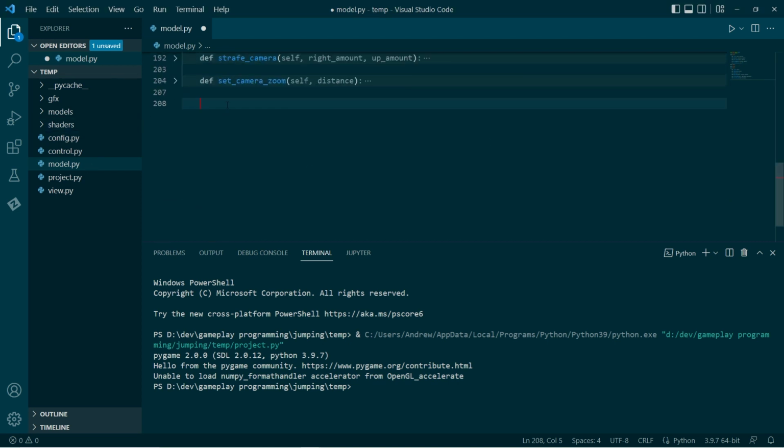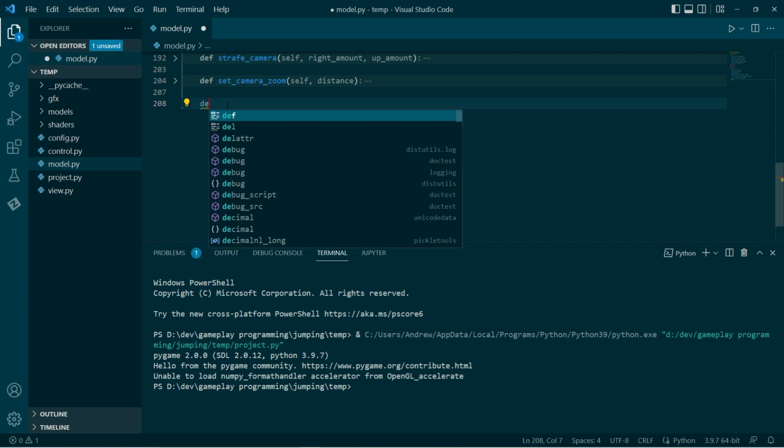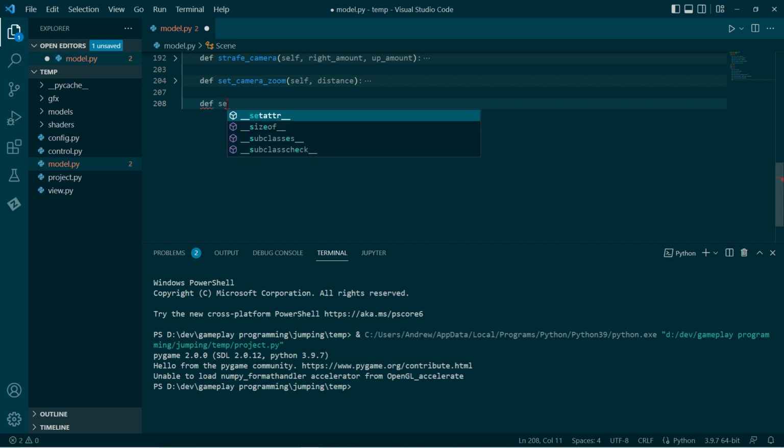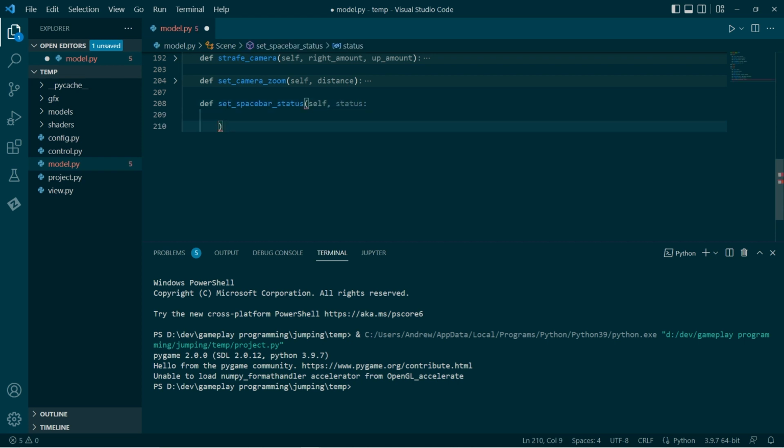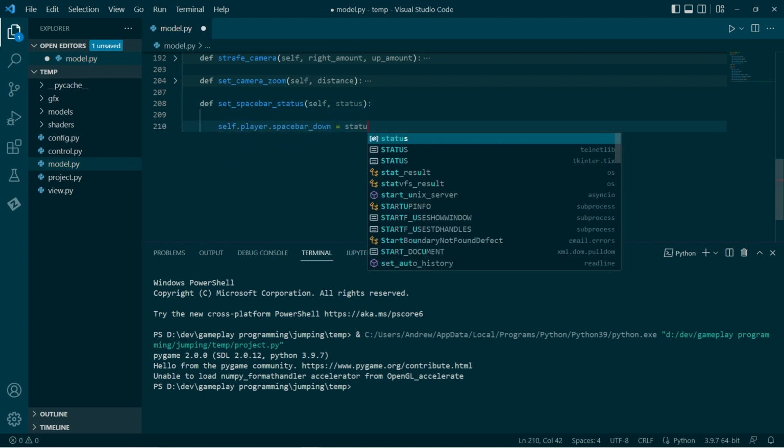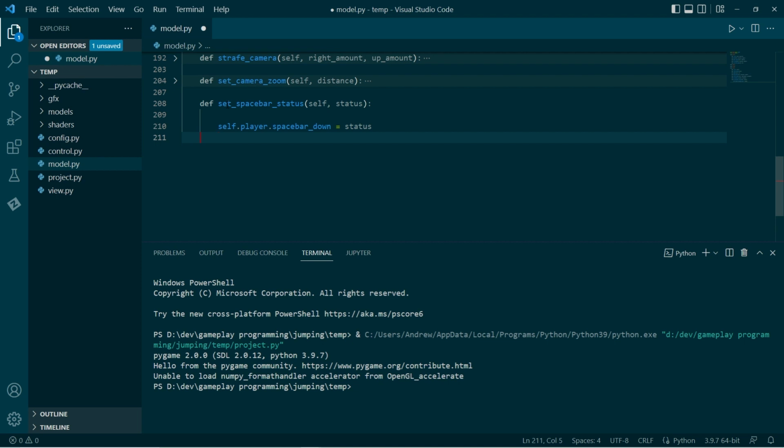All right, so we have two helper functions that the scene is going to have, which will take signals from the control, the app, and pass them along to the player. First of all, we want to indicate whether the spacebar is currently down. And this is pretty straightforward. We'll simply pass that along.